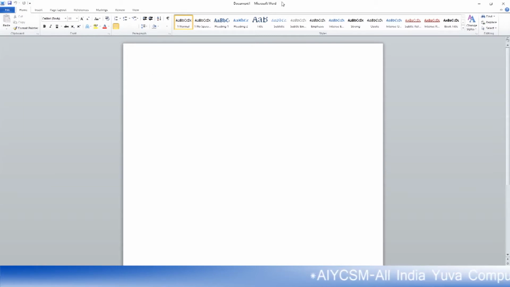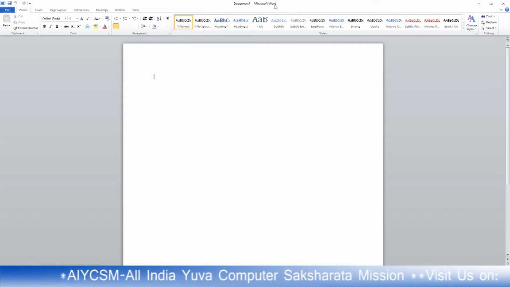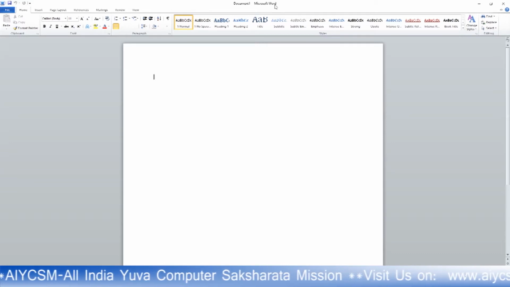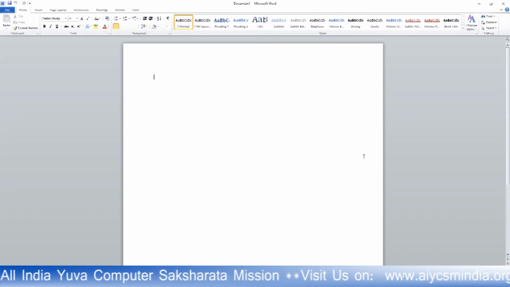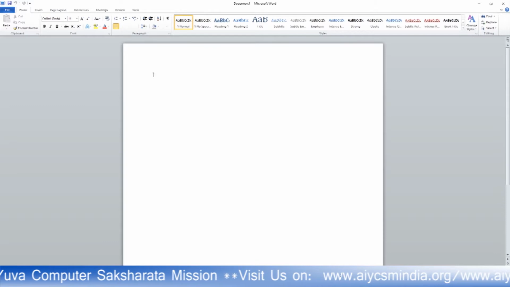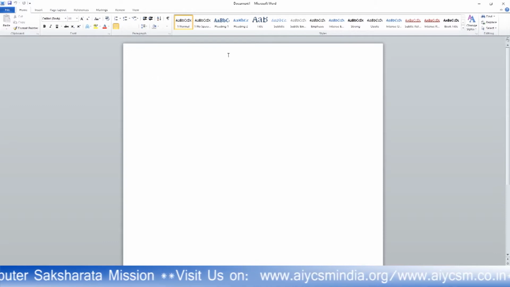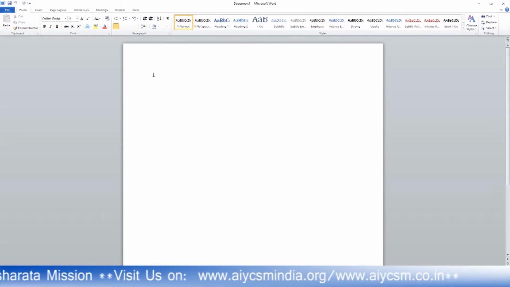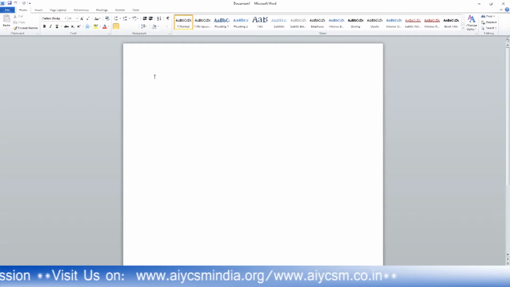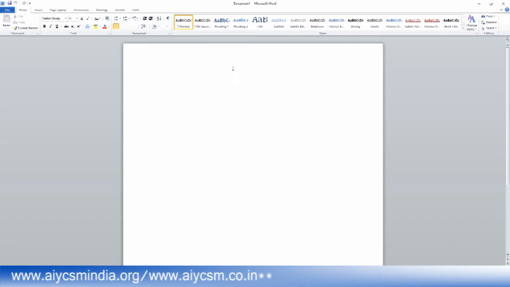So, these are the menu bars. This is the title bar, where you can see that we are opening Document 1. The name of this file is Document 1. We can change it when we save it, and this is a product of Microsoft Word. This is the cursor, the starting point where you can start your writing in MS Word.